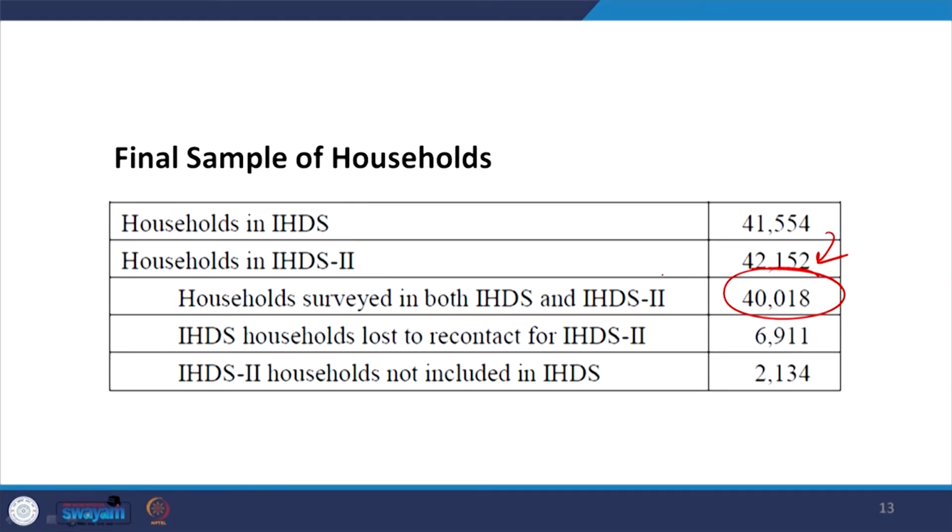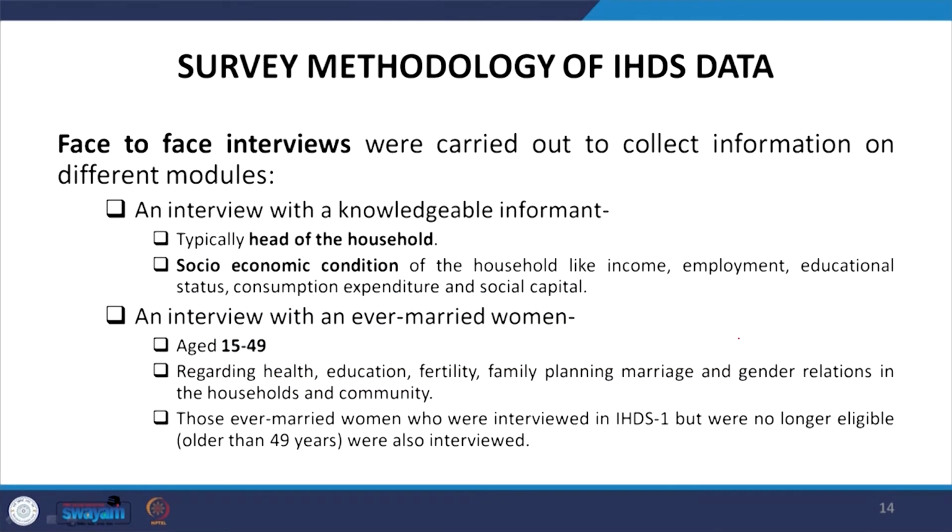IHDS households lost to recontact for the IHDS 2 are 6911, which we sometimes refer to as the attrition rate. IHDS 2 households not included in IHDS 1 were 2134. So, looking at the survey methodology of IHDS data, face to face interviews are conducted to collect information